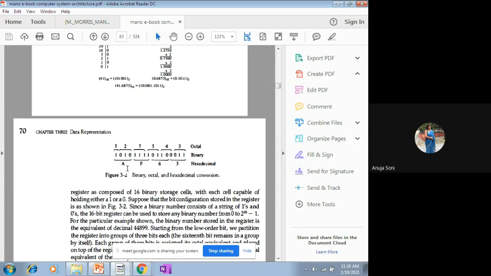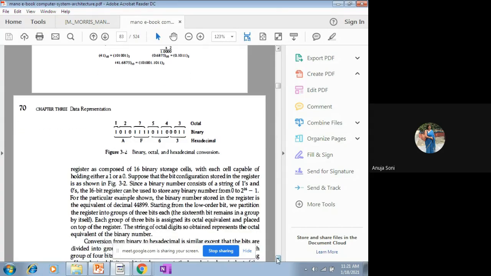So on the downside, this will be the value in your final hexadecimal form, AF67, and on the top side, corresponding to this given binary number, this will be your octal value, 127547, because you have started from the extreme right hand side and you have substituted direct values from the table. So 011 corresponds to the value 3 and 100 corresponds to the value 4. Similarly, 101 corresponds to the value 5 and so on.